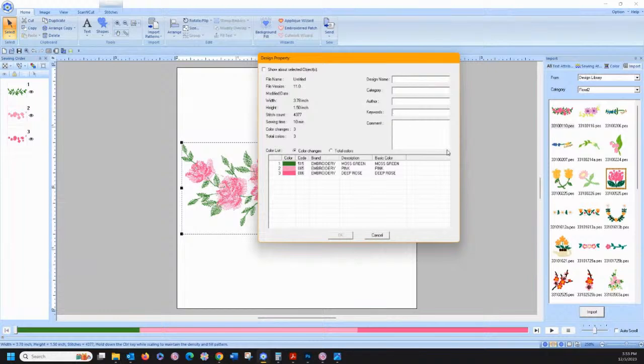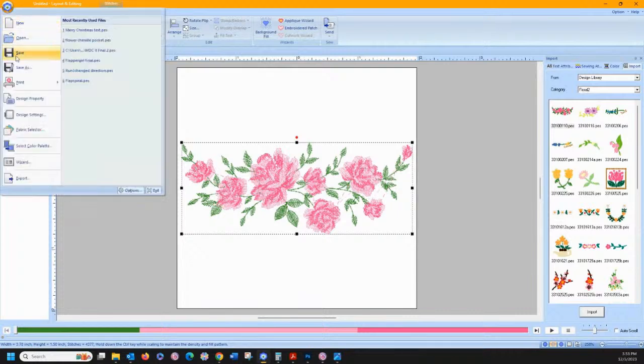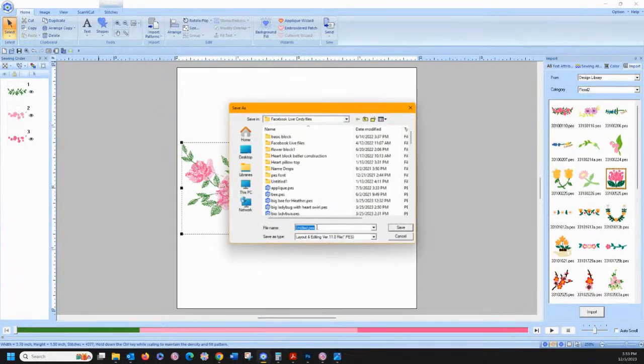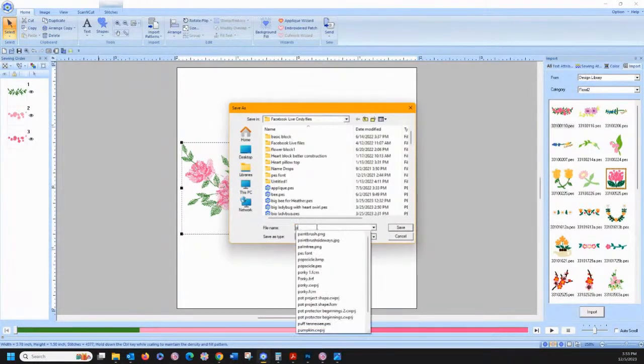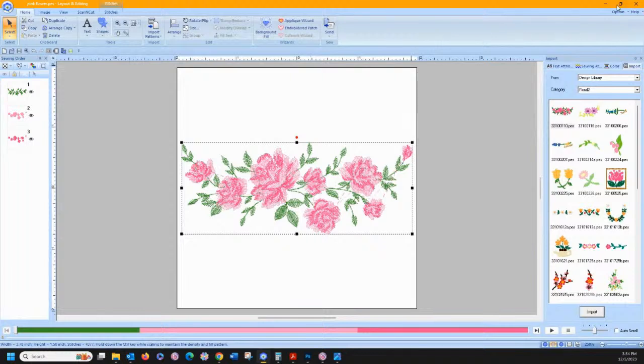But let's say I come in here and I put in floral spray, flowers, just in case I forget, pink flowers. I say okay, and I go back and do file, save as, and I'm going to save this as pink flower. Okay, so now I go up to my options and design database,